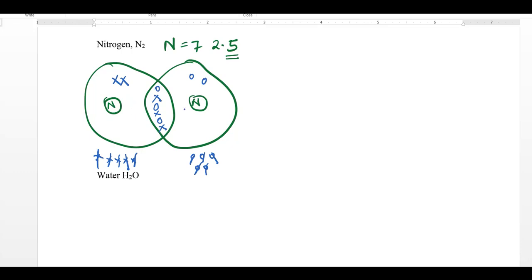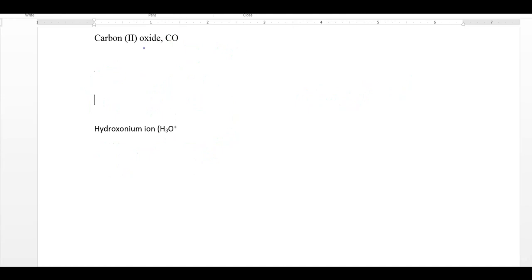So this one can be written also as nitrogen, this one is as good as this one. So carbon 2 oxide gas, tumesema kwamba it is a dative. So let us look at how dative is it. Kwa nini tunasema hii ni dative na si covalent? But remember we said dative is a type of covalent bond. You always remember that. So tunaandika carbon